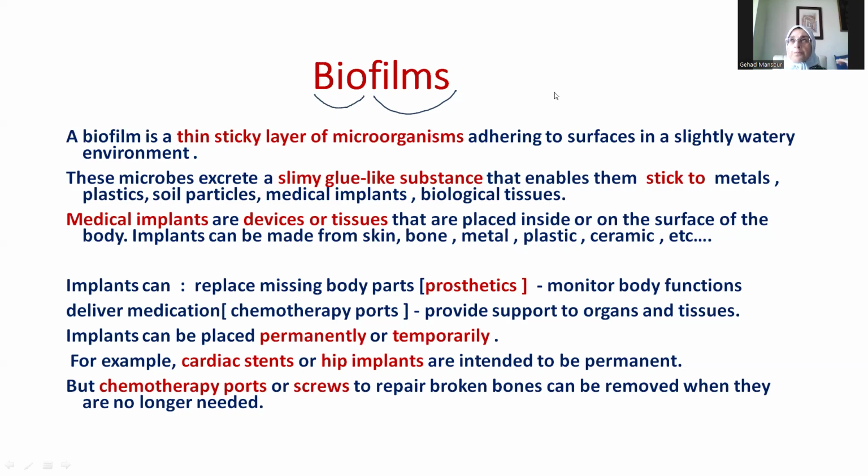But today we're going to talk about a more serious effect of biofilms. You can consider this the second serious effect. And the third one would be that biofilms like plaque and calculus are sources of bacteria that cause dental caries and periodontitis. So we have three risks of biofilms. The first one is just transfer of infection. The second one is dental caries and periodontal diseases in the mouth cavity.